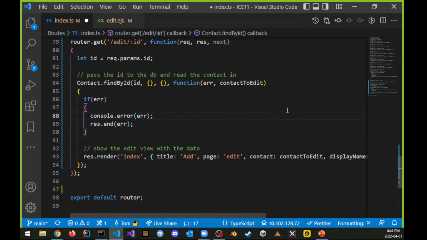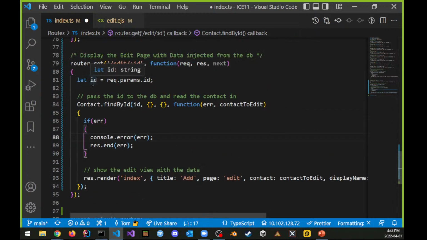Does that make sense? So first, we're getting the ID. We're searching the database for that ID. We're returning back some data, and we're going to store it here. And then we're going to take the data we stored here and inject it back into the page inside something called contact, which is what we were looking for in the edit page, right? Okay, save. And if everything goes well with this one,